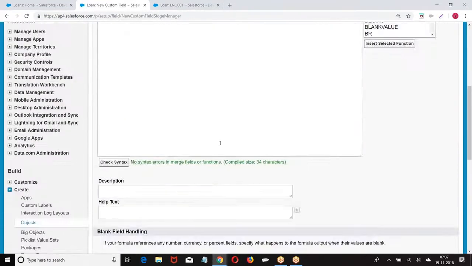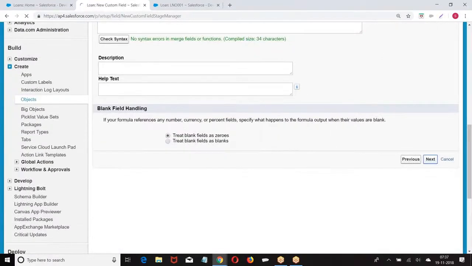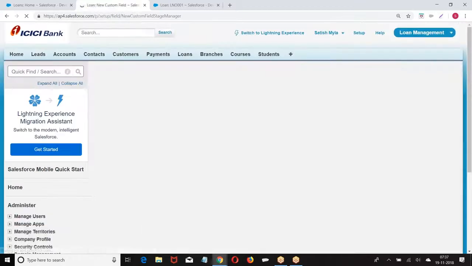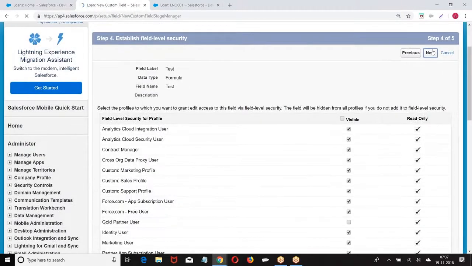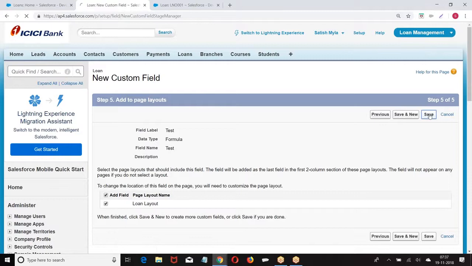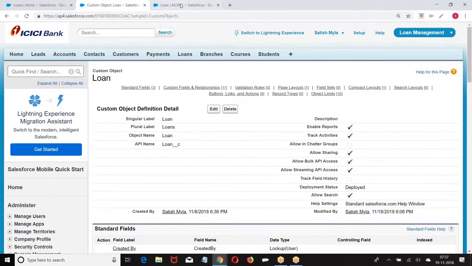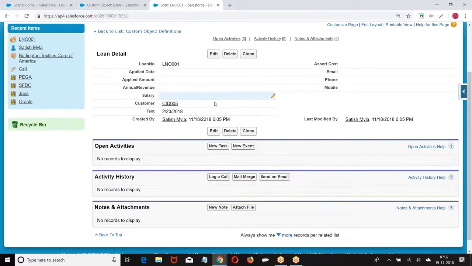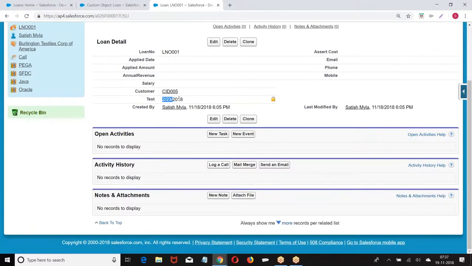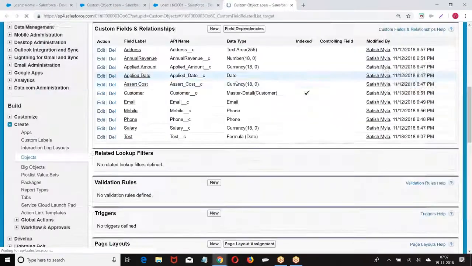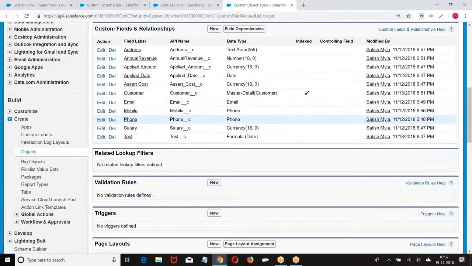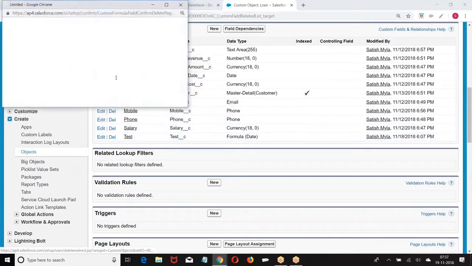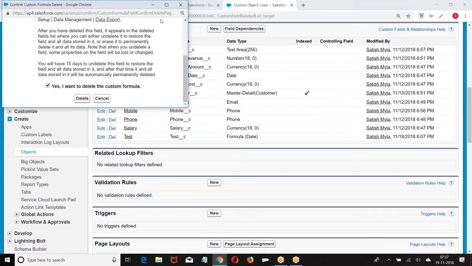Syntax. What is the value we received here? Now this is going to give you date from the expression what you mentioned.